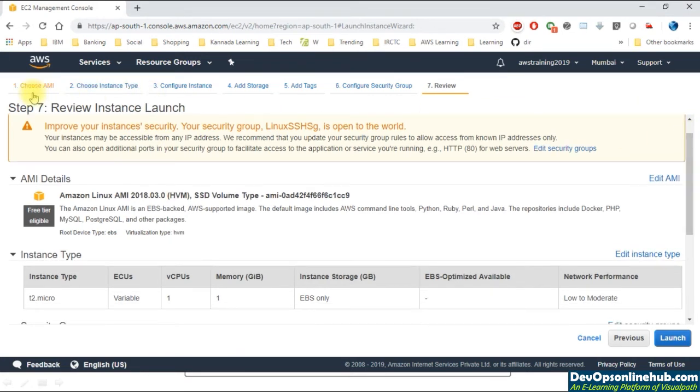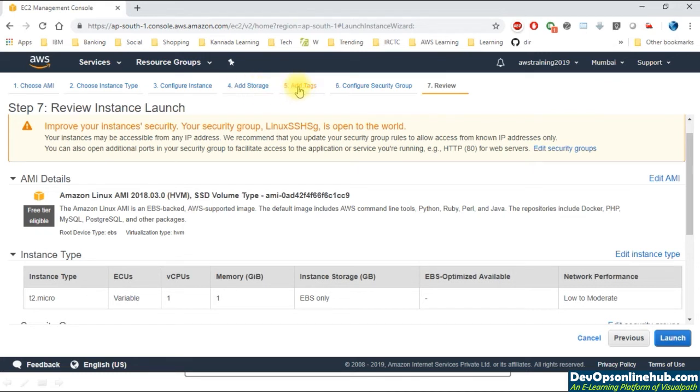So remember, step 1 is the place where we have chosen the AMI. Step 2 is the place where we have chosen the machine size with the RAM and the CPU capability. Step 3 is the place where we have chosen the network, that is the default VPC, and step 4 is the place where we have put across the size of the root volume.